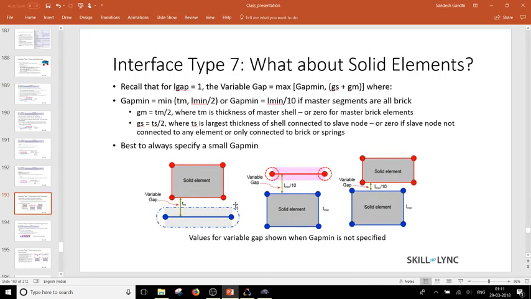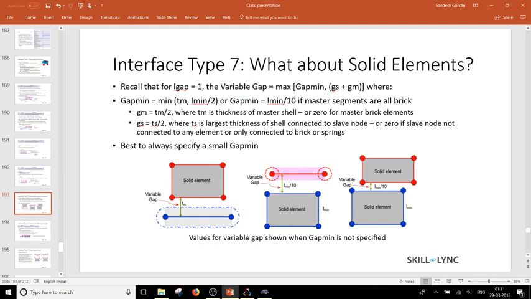Now imagine the situation where the solid element is actually having size 8 mm, whereas the shell elements are having thickness 3 mm. Now if the shell element is coming into contact with the solid, this will be all governed by the solid element thickness, and there will be no respect to what the shell element is saying, because in this case,